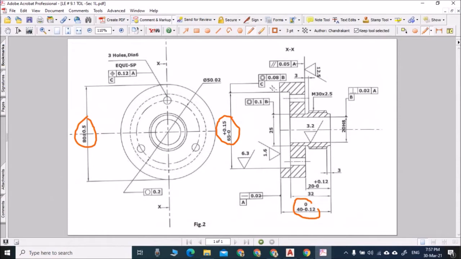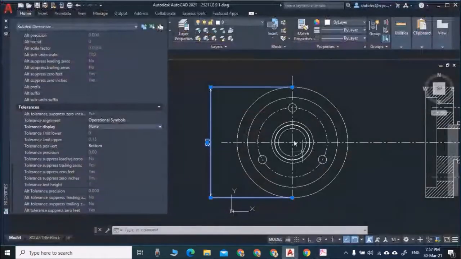And there is one option, upper limit and lower limit. Here what will be the upper limit? I can write the upper limit as 40 and the lower limit as 39.88. So I can give this dimension like this in limit form. So here there are 3 types, and basic is not mentioned here. So we'll do this.